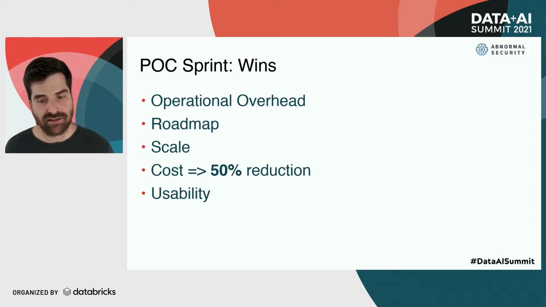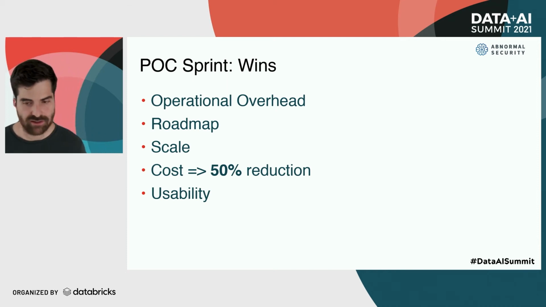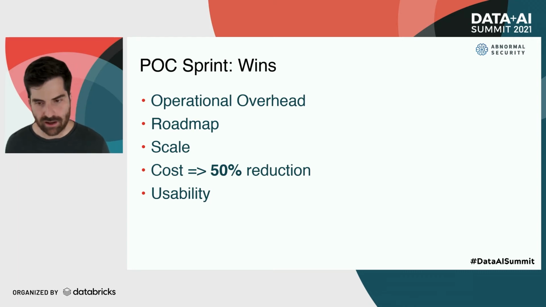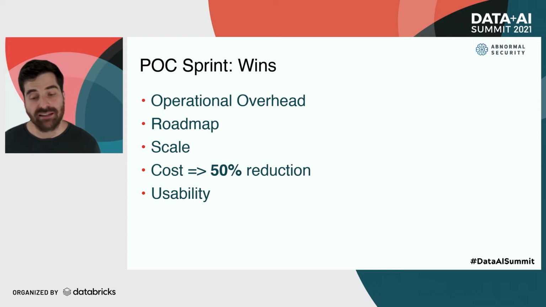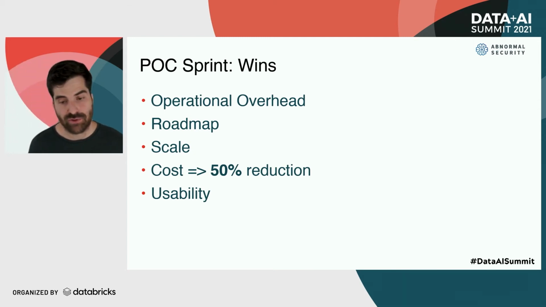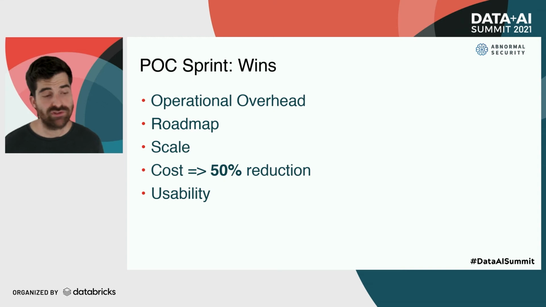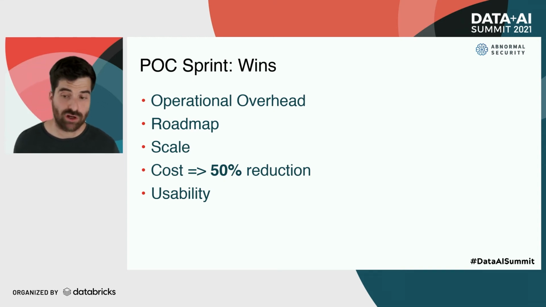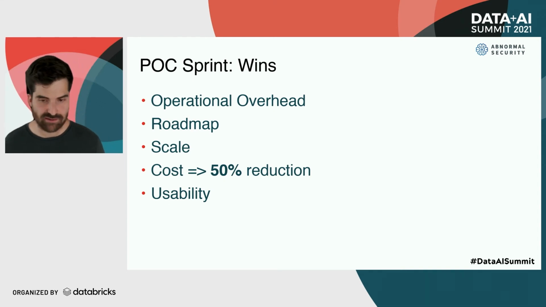We saw less inefficiencies from auto-scaling, and I mentioned that was a problem that we needed to solve early on. And you don't need to worry about scaling down, for example, because when the job is done, it just throws the cluster away and gives all those instances back to AWS right away. And finally, we think that another driver of the cost reduction was the fact that we upgraded Spark and we were using the Databricks runtime version of Spark, which we believe has some efficiencies that just made these jobs perform better in general. And the final win that we saw was around usability and troubleshooting.